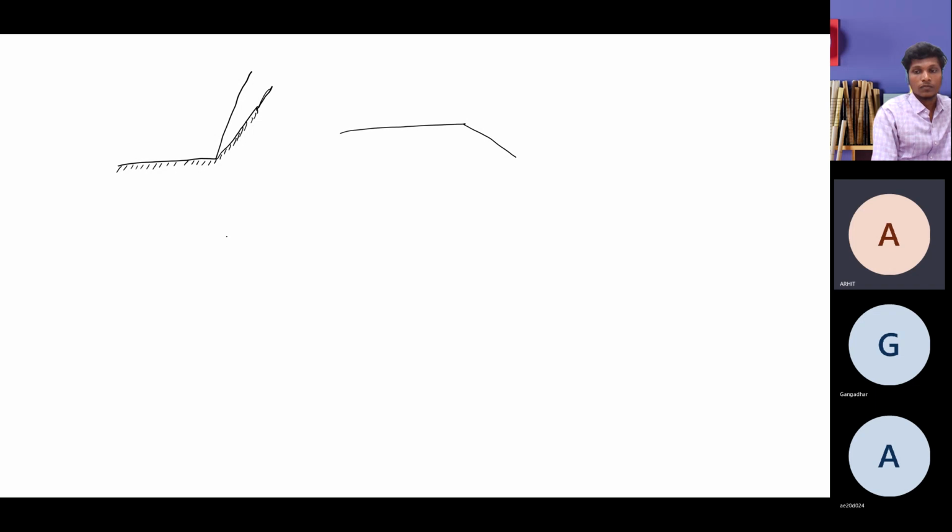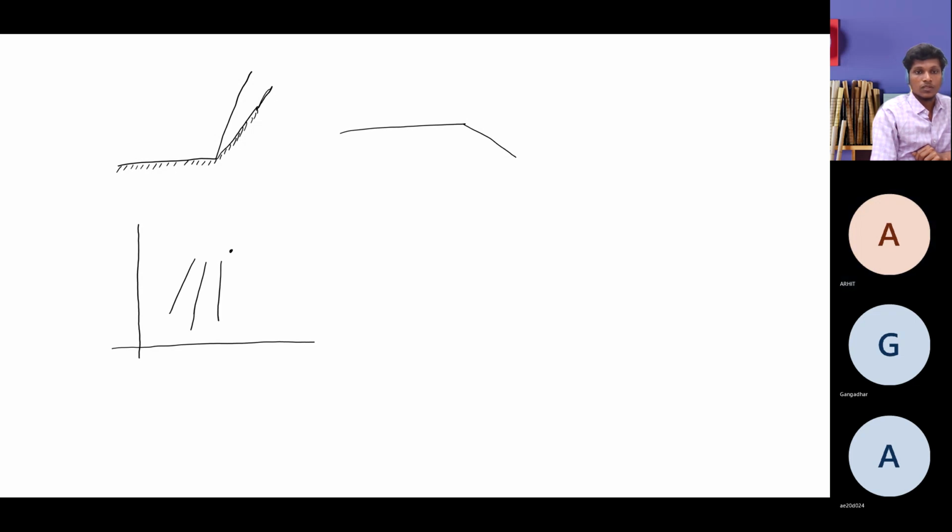Yes, sir. Actually, the professor has drawn that characteristic line graph. In the preliminary discussion of the expansion fan and compression corner, the formation of a normal shock, in that graph, he has just shown the characteristic lines, and after that, he has gone in depth into the compression corner and expansion fan. So in that preliminary discussion, I just asked that question in that video. Yes, sir, like this only.